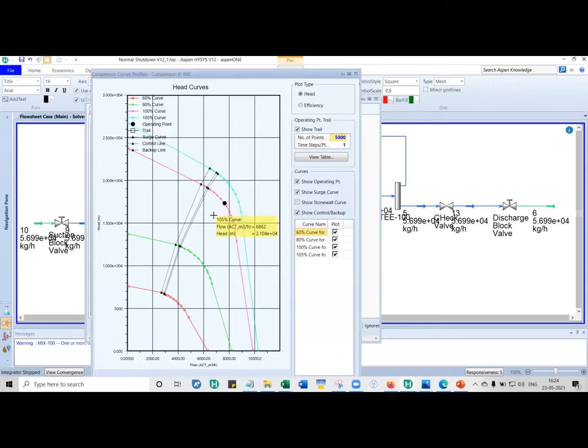When you're doing a shutdown, the operating point will start flying in all the different directions like this. When you do an actual simulation, what happens is the moment it crosses this surge line, it will go up and down like this, flying up in the air. If you don't want that to happen, extend these lines to the X and Y axis. So that way it at least knows its boundary conditions when it is computing. That is the next thing.